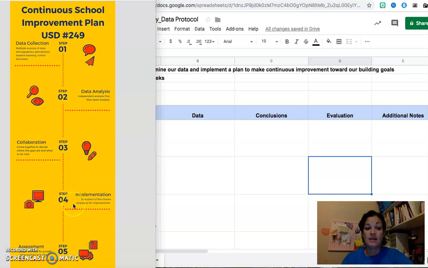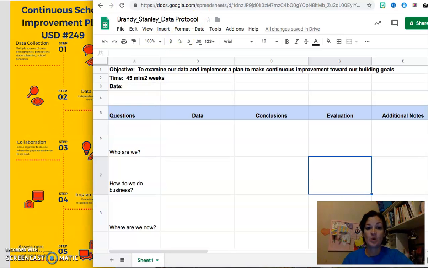And then implementation, whatever they've decided on as far as doing something to make improvements in the instruction, and then assessment, and then looping back up to the top, of course, to look at the data again after those additional assessments. And then the protocol sheet that I've developed,